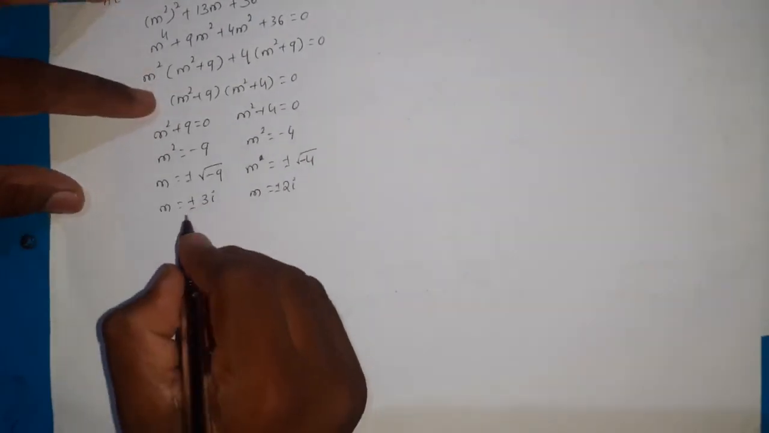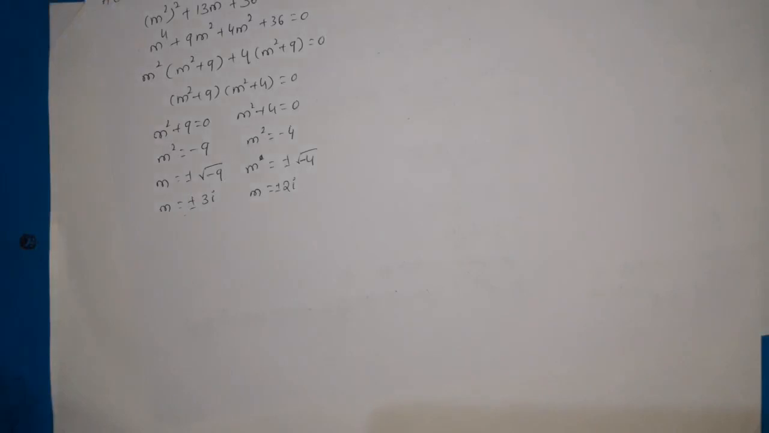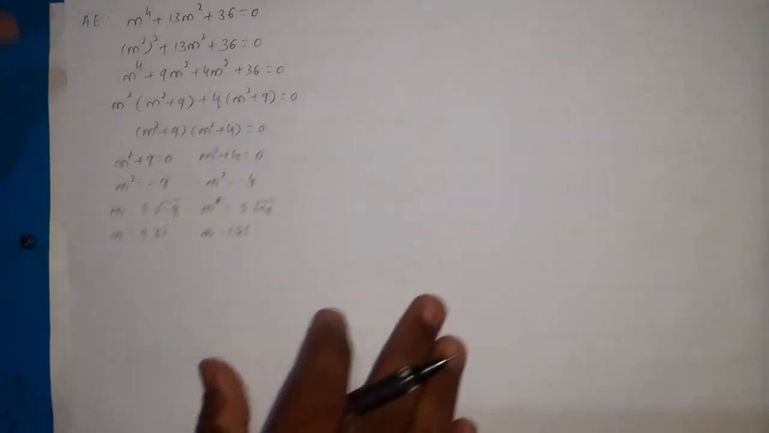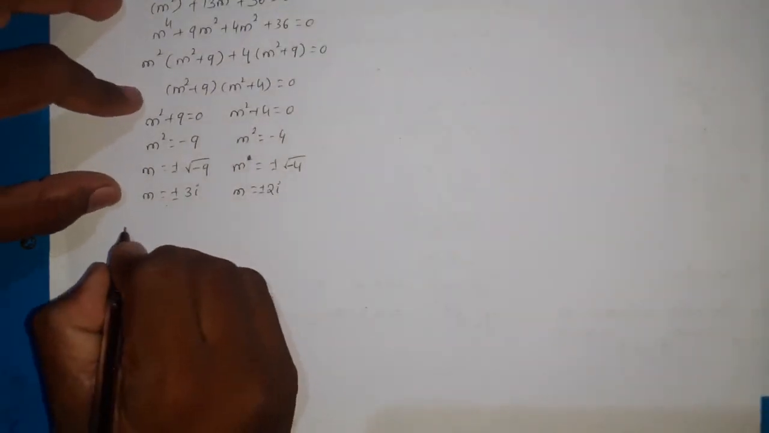So two pair of complex roots. Here the real part is 0, because there is no term in the real part, that is 0 plus or minus 3i and 0 plus or minus 2i. Hence the complete solution,